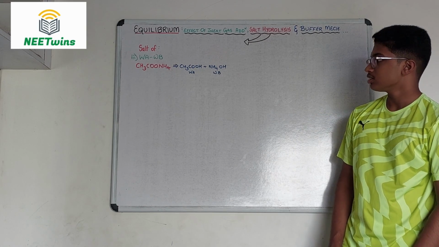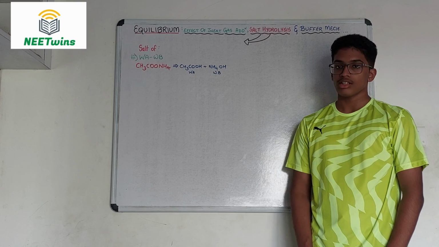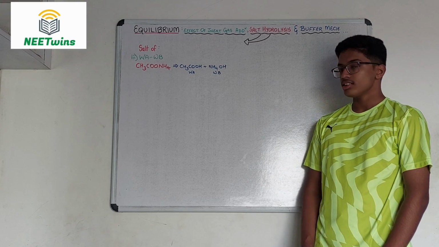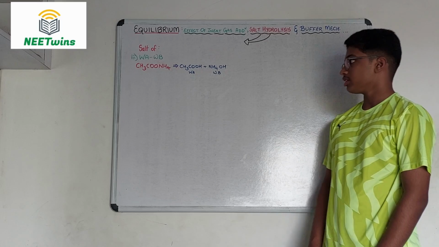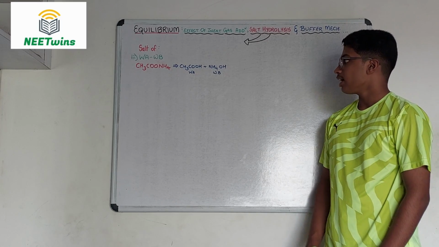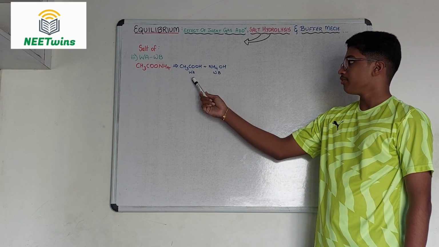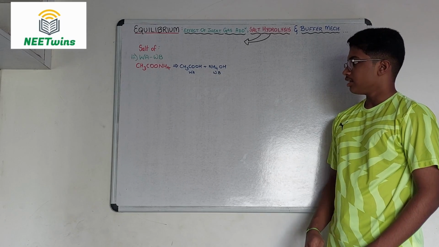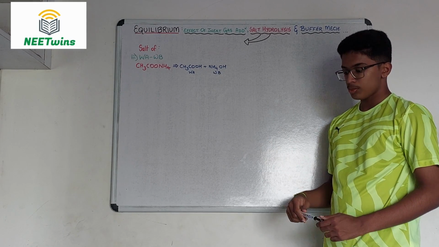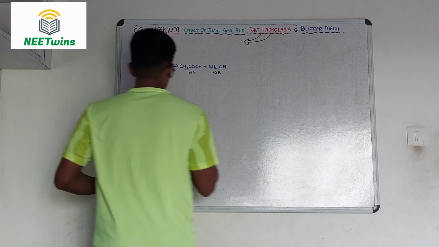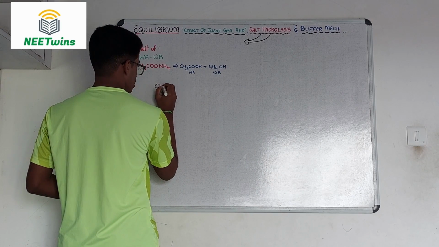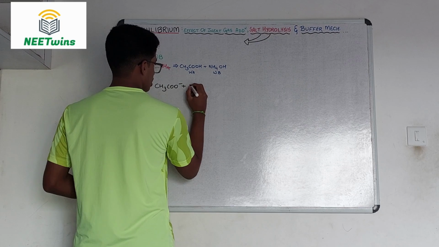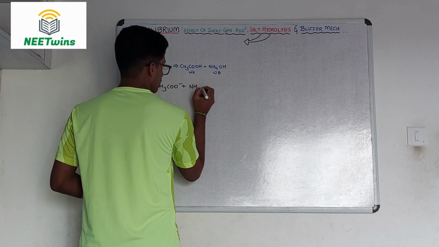So now let's discuss the salt of the third type, that is a weak acid and weak base. Taking an example, we have CH3COONH4, which is ammonium acetate, and this is formed by a weak acid and a weak base. And since both undergo hydrolysis, instead of writing separate equations for both, we can write both of them in the same equation. So we can write it as CH3COO minus plus NH4 plus